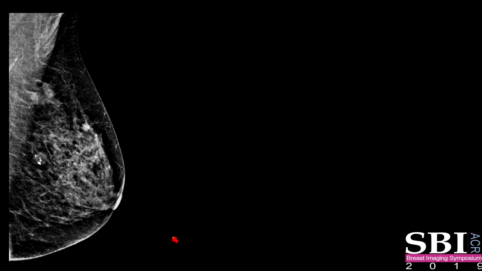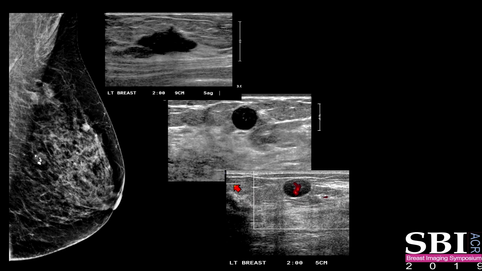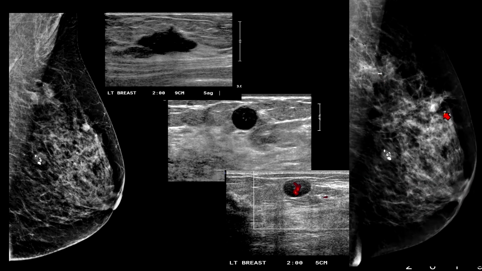So here's an example of a patient who has a breast mass higher up in the upper outer quadrant. And the patient also had a mass in the breast, which was pretty circumscribed with irregular margins. We took her to ultrasound, and you see this breast mass, and the circumscribed mass corresponds here to a hypoechoic circumscribed lesion with a central vascularity. We biopsied both of these masses, and as you can see, clips were placed within both these masses. So this dominant breast mass was invasive ductal carcinoma, and this was an intramammary lymph node which was involved.